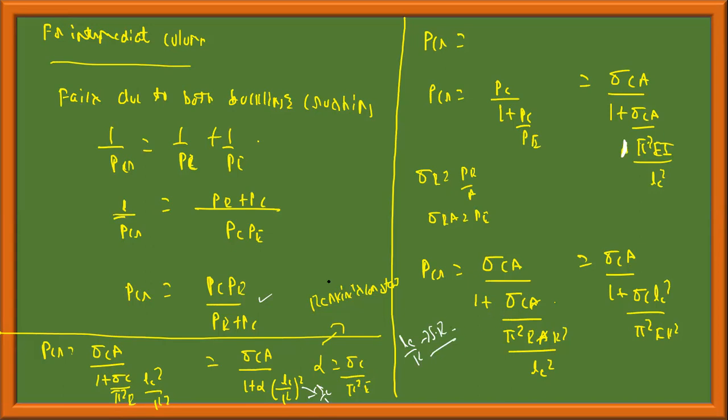So if Le by K is greater than 140, the column is said to be slender. It is long and slender, not in the sense of being slender by itself, but compared to other dimensions, for example width and thickness, the length is very long, thin and slender. You can imagine a coconut tree like that, or your areca tree.